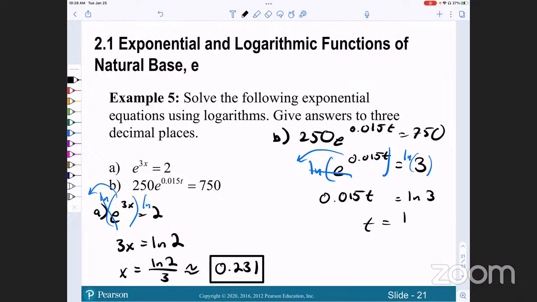Ultimately, t is going to be the natural log of 3 over 0.015. Divided